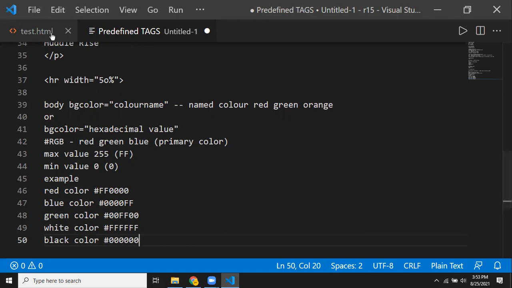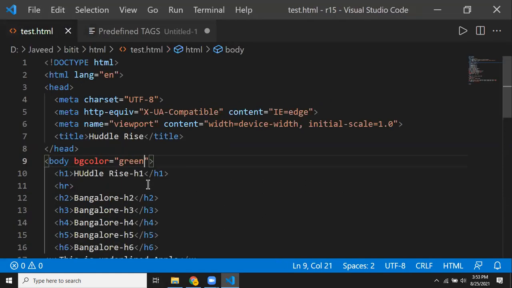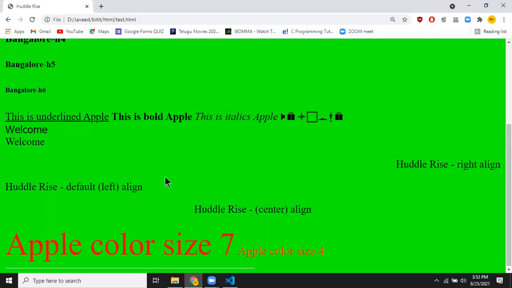Let us see one example. I'll switch there. I want to use green there. Now instead of writing the color name as green, the first component is R, which is the minimum. G value, I'll give FF. The next one is blue, and blue I'll give as 0. Okay, so this should give me the green color. Yes, we are getting the green color.